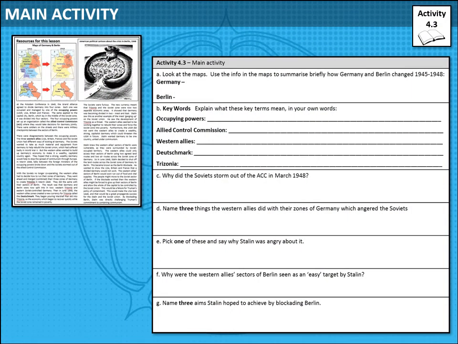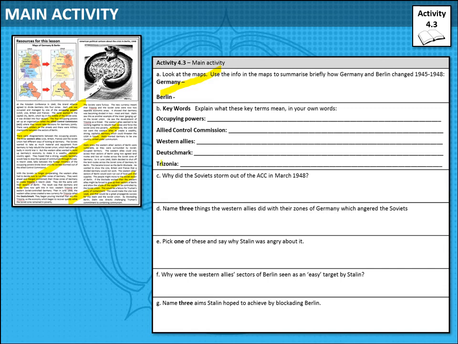And now you're ready to do your main activity on the Berlin blockade, which is activity 4.3 in your workbook. As always, it's important that you read carefully before you do the activity. Then, I want you to summarise how Germany and Berlin changed between 1945 and 1948.